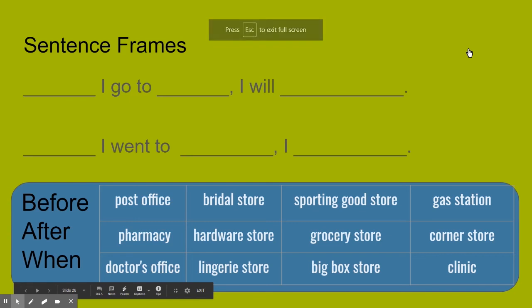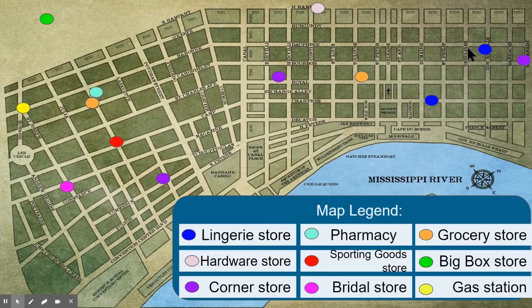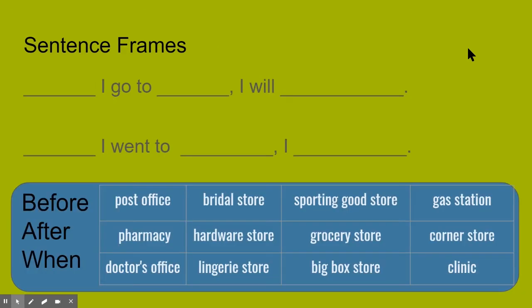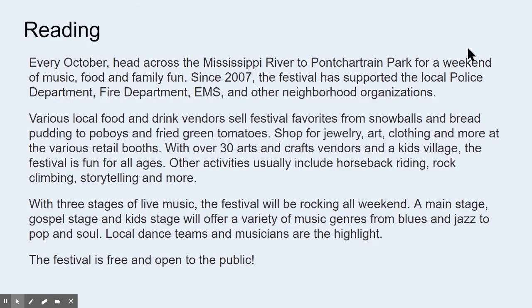Okay, so these sentence frames and the word bank down here are just to go along with your map and these questions to elicit some conversation between yourself and your classmates. And we can use before, after, or when in these. And of course, you can make these more complicated if you would like. These are just some basic sentence frames. All right, and then I think the last thing that we have on here for you all to do with